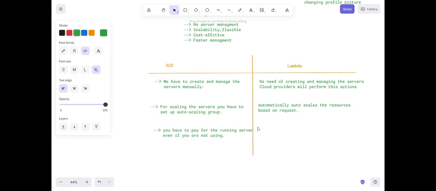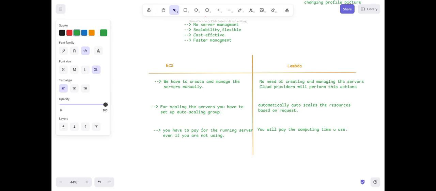But when it comes to Lambda, you will pay for the computing time you use. It means for how much time your code is running and how much time your application is accessible, for that much only you are going to pay.